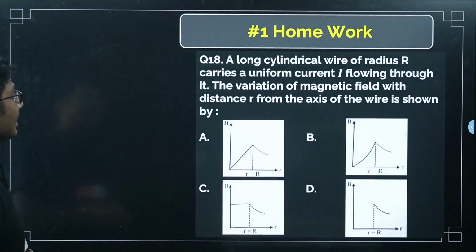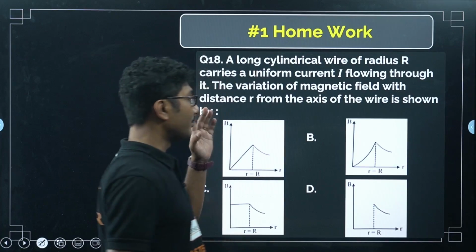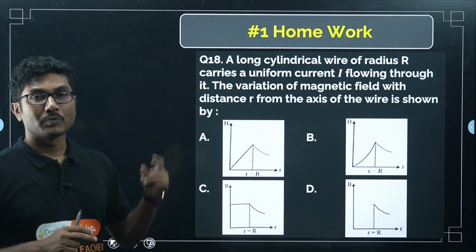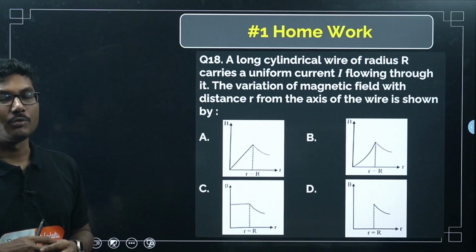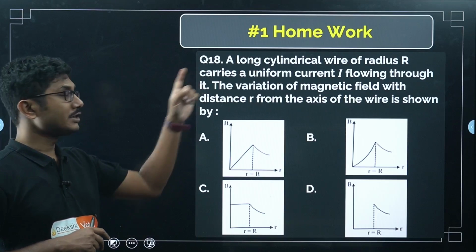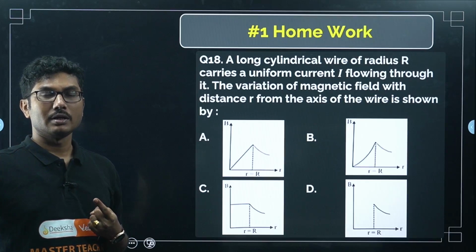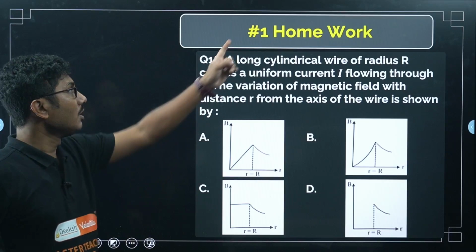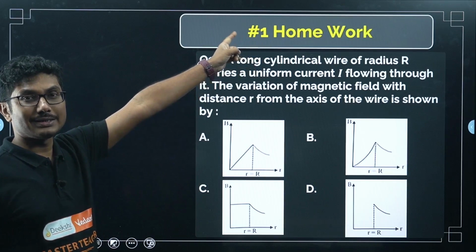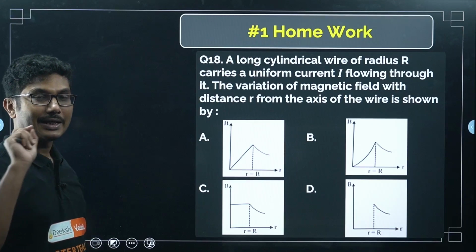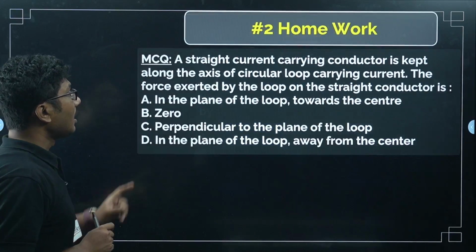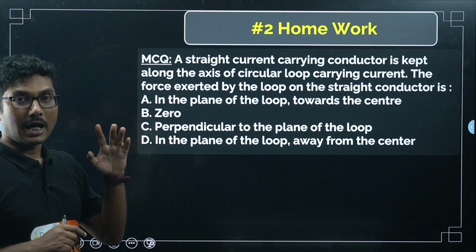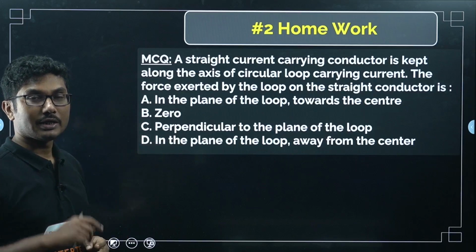So we have reached the end of this lecture. I have brought two very important homework questions, all from previous year questions. Pause the video, try to answer the question and mention the correct option in the comments below. Mention homework 1, correct option, whatever it is, A, B, C, D. Mention it like that, homework 1. The symbol for homework 1 is #1. Whatever the correct answer, mention that option. Now homework 2 is here. In the same way, pause the video, read the question and answer the question, and once you are done, you mention